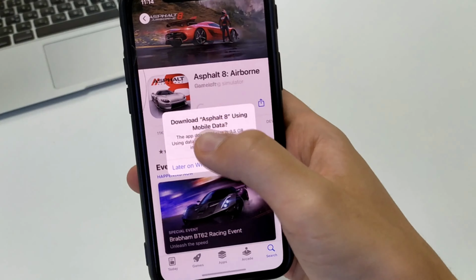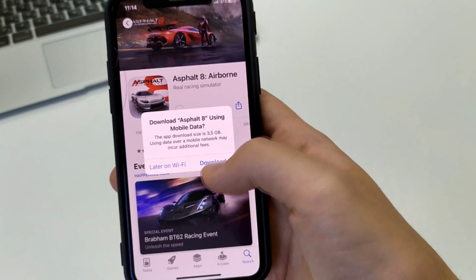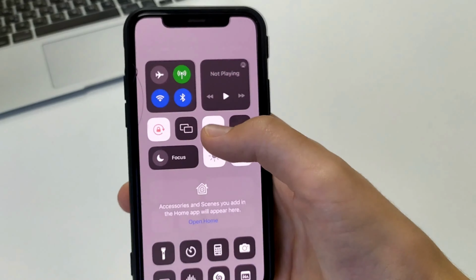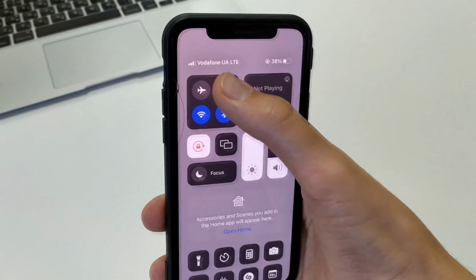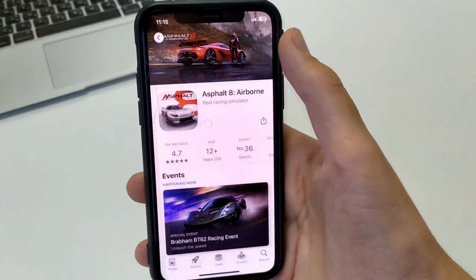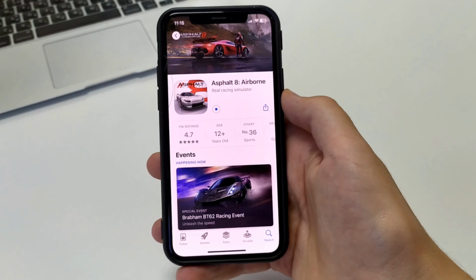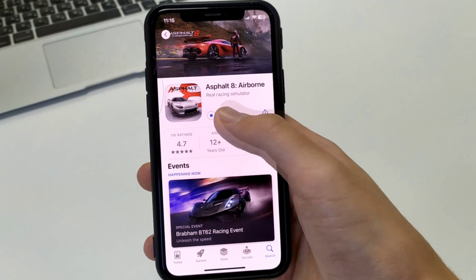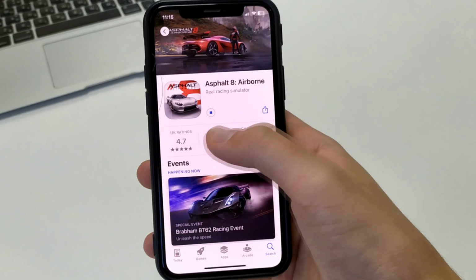But I have a different name now. Here you go. We choose either mobile internet or Wi-Fi. We can choose mobile internet, but we have to turn it on, or Wi-Fi. After that, we turn off the mobile internet. And now the download will go over Wi-Fi. You have to wait maybe a minute, maybe 2 minutes depending on your internet. And this is absolutely free. We will download this game.